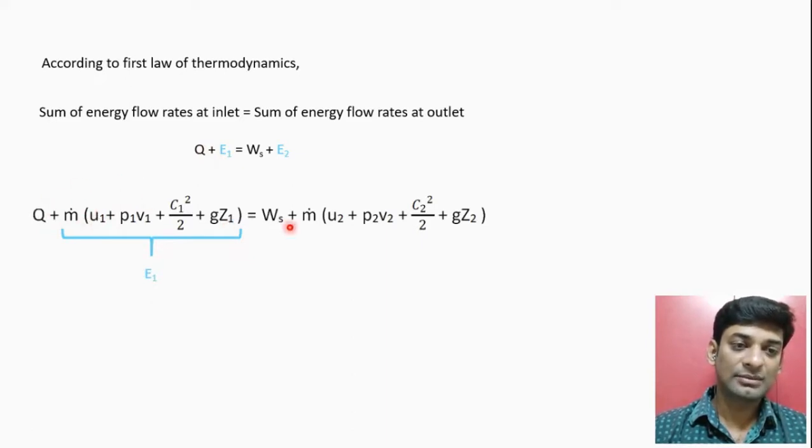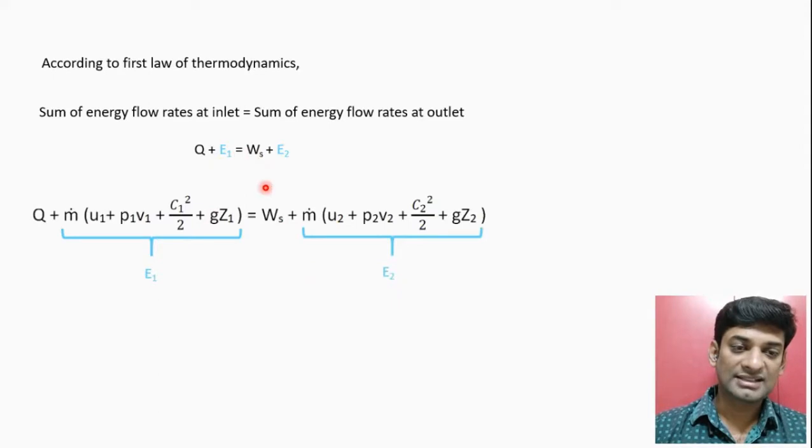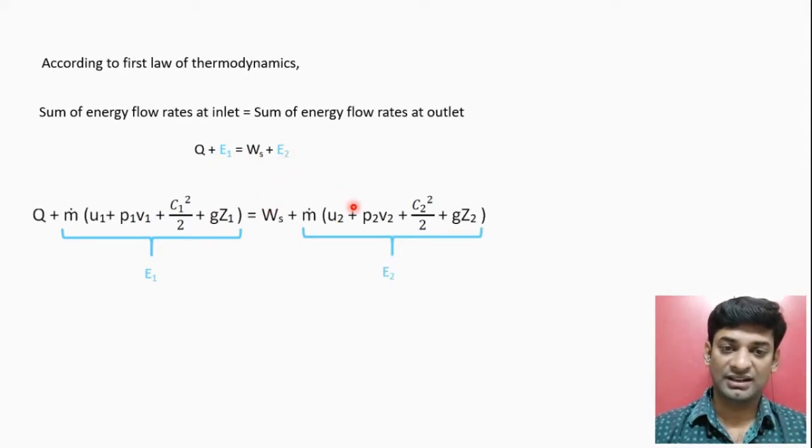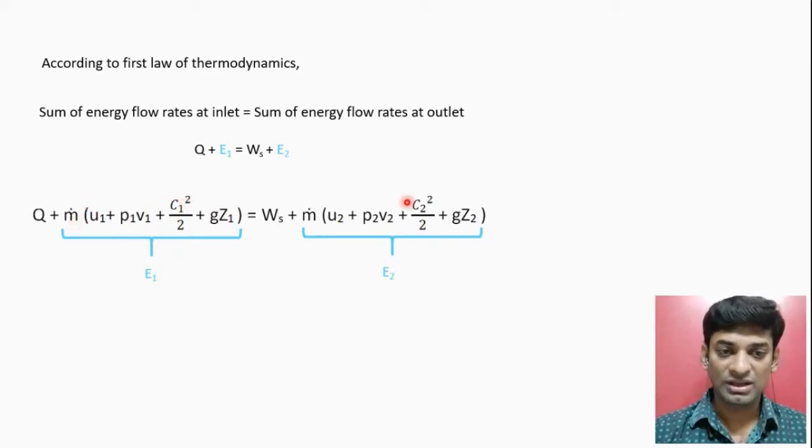This term is nothing but E1. For your understanding, I am following the same color code. For output section, this Ws is kept as it is and E2 is mentioned here. You can observe that this is internal energy, this is flow energy, this is kinetic energy and this is potential energy. All the energies are involved with the constant mass flow rate. So I am taking mass flow rate as common for both inlet and outlet section,